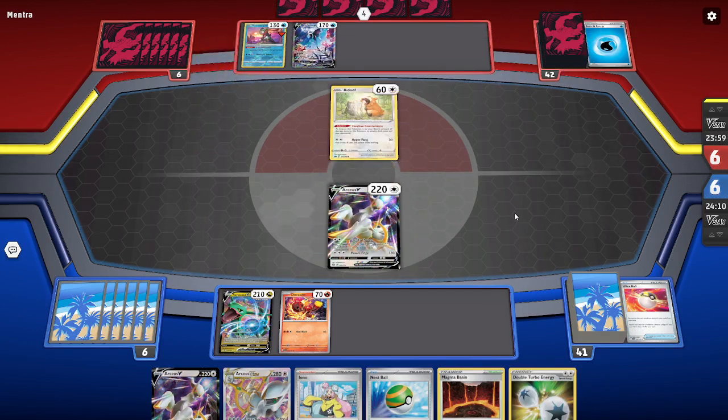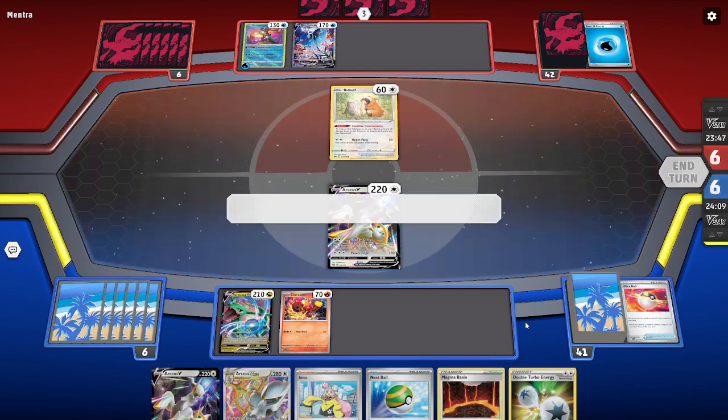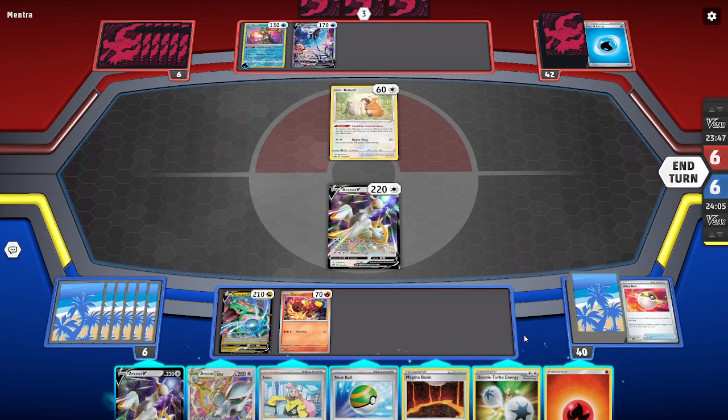Irida, so looking for a water Pokemon. I'm not sure that was the best play, but we'll see. Because I couldn't use the Irida that turn, and I'm probably going to Iono them, so